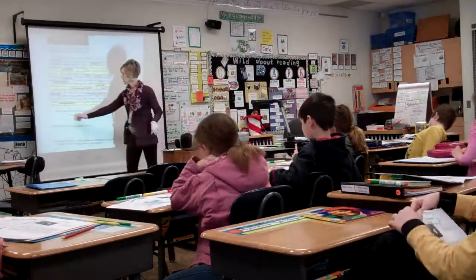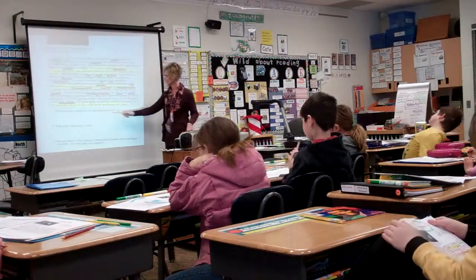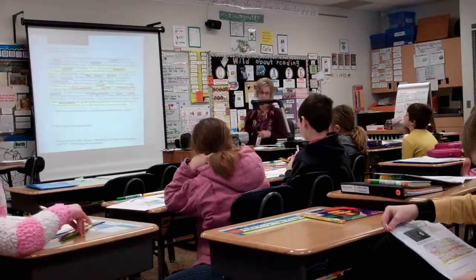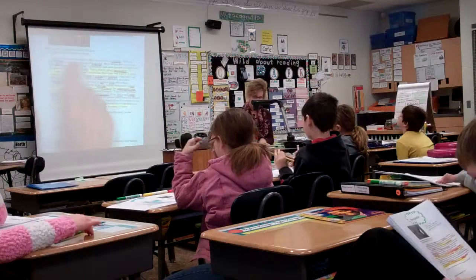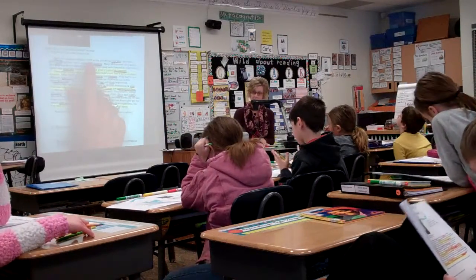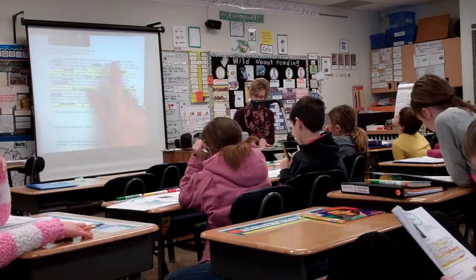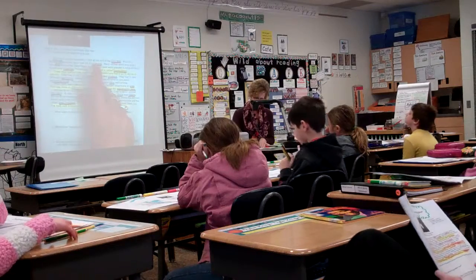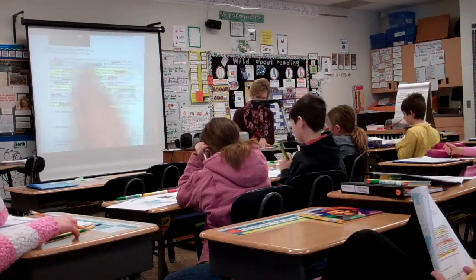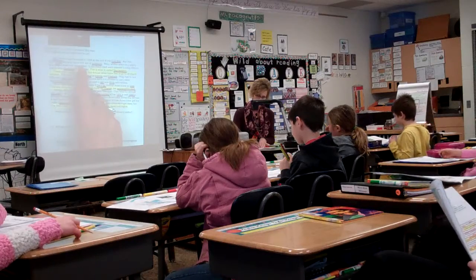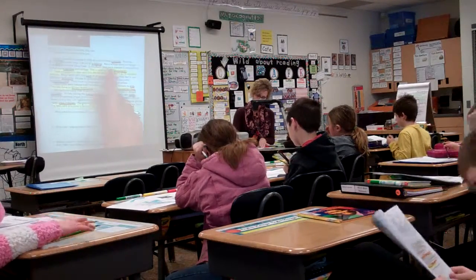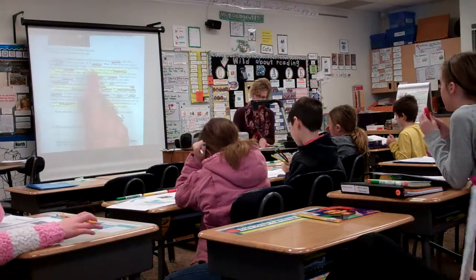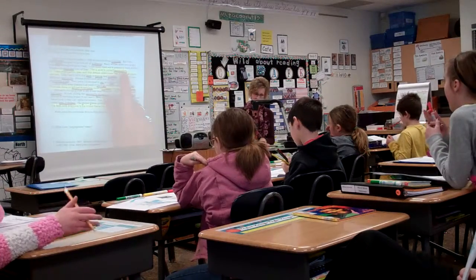So the question was, what were 2 problems African Americans had when slavery ended? Read with me now the paragraph. Slavery in America ended in 1865 at the end of the Civil War. But then African Americans had a new set of problems. Many whites were angry that their slaves had been freed. In the South, laws were passed to keep African Americans separate from whites. This is what is called segregation.